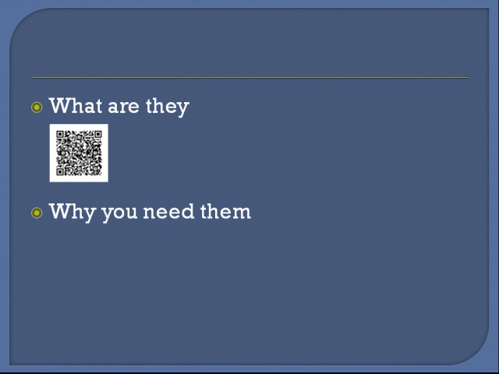Why do you need them? Well, like I said earlier, QR codes bridge the gap between the offline world and the online world. So while the online world uses them, it would be smart if you run a local business to use them. Because if you want your customers and prospects to get an idea of a lot more of your product, what you provide, what your service is all about,